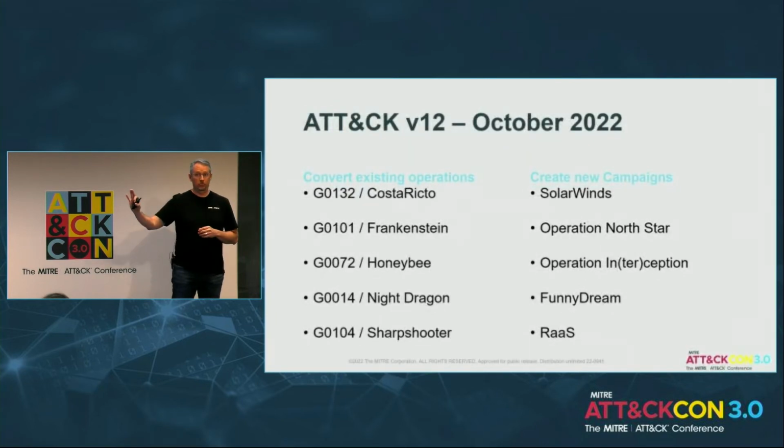So again, October timeframe, not April. Don't go looking for it in version 11. Right now, the team is focused on taking those campaigns that are currently in ATT&CK. They're going back to the original reporting, seeing if any new information has come to light, to help us better understand not only the campaign, but if there's been some attribution made subsequently. They're also going to remap the reports because ATT&CK has grown and changed since these first came out. And as we move forward, we'll keep creating new campaigns.